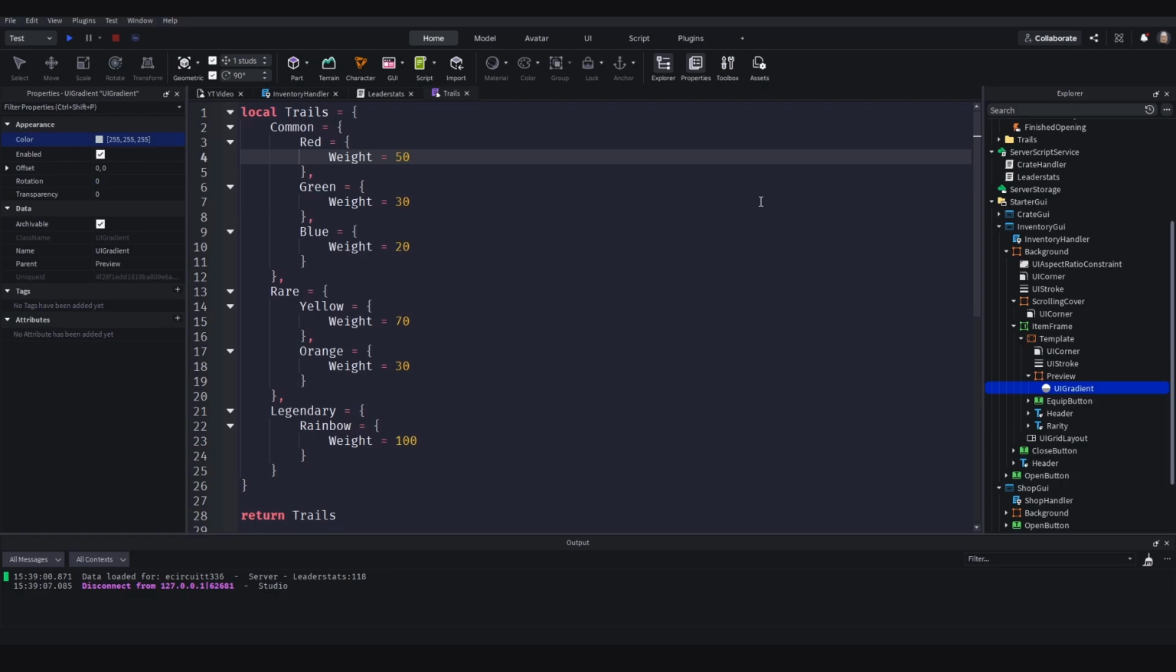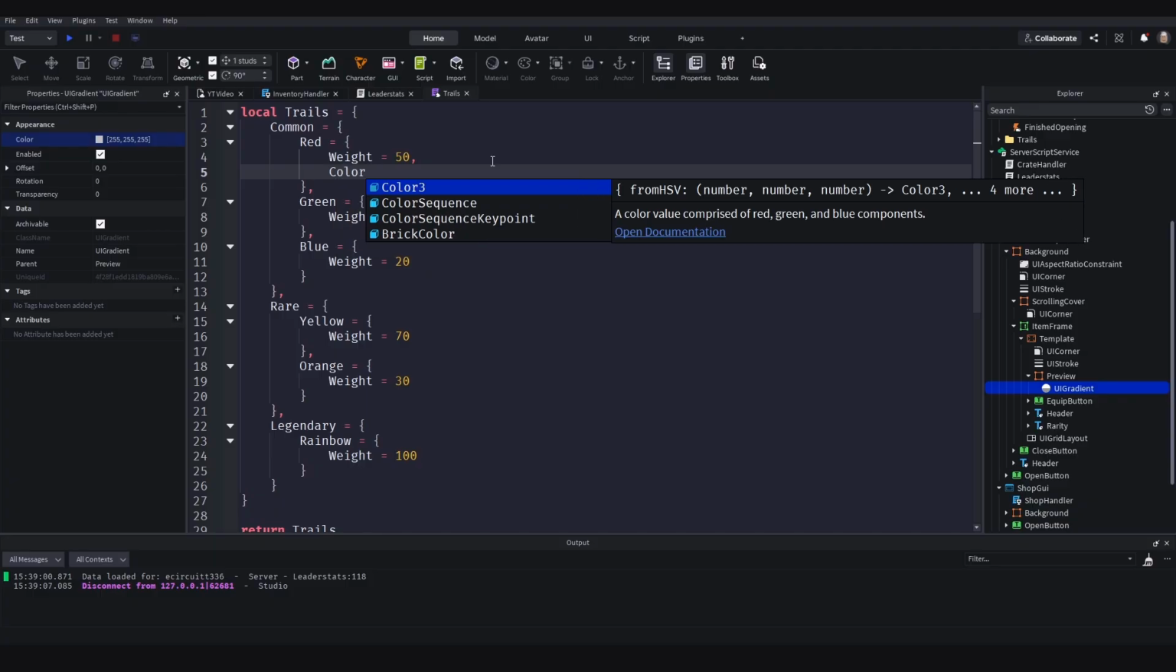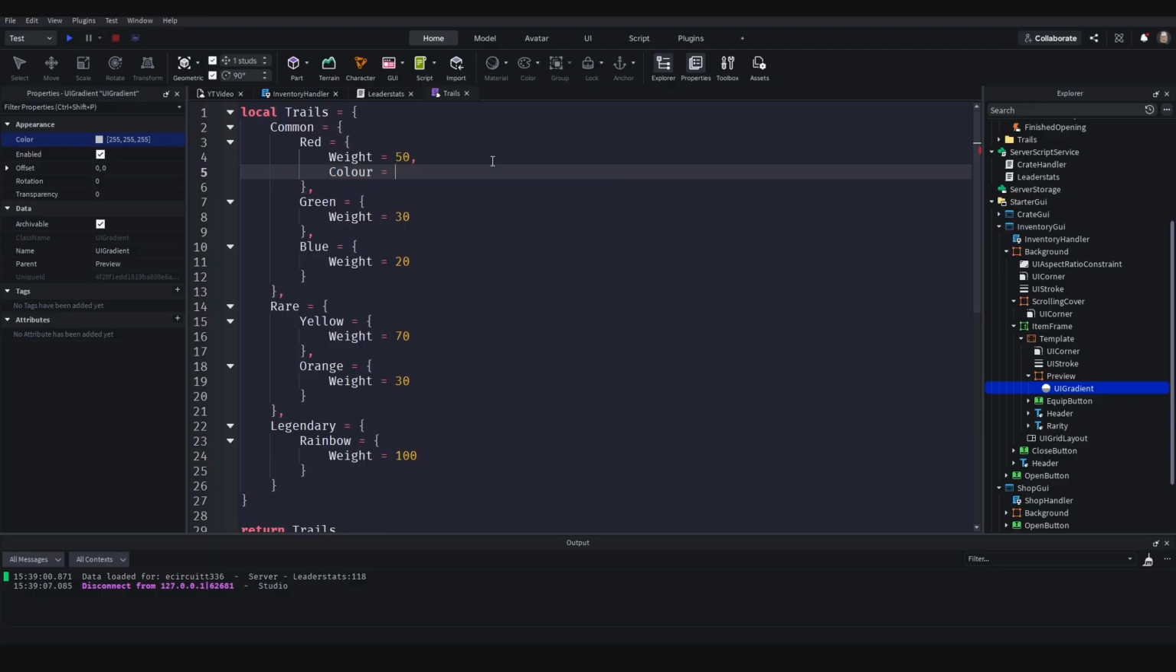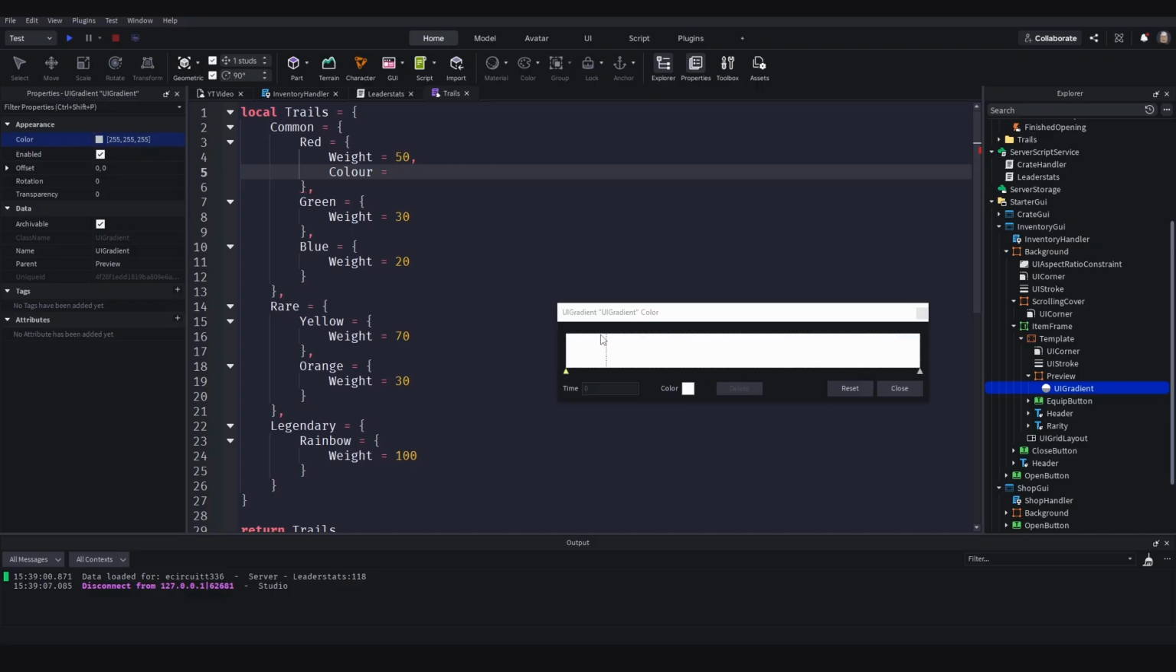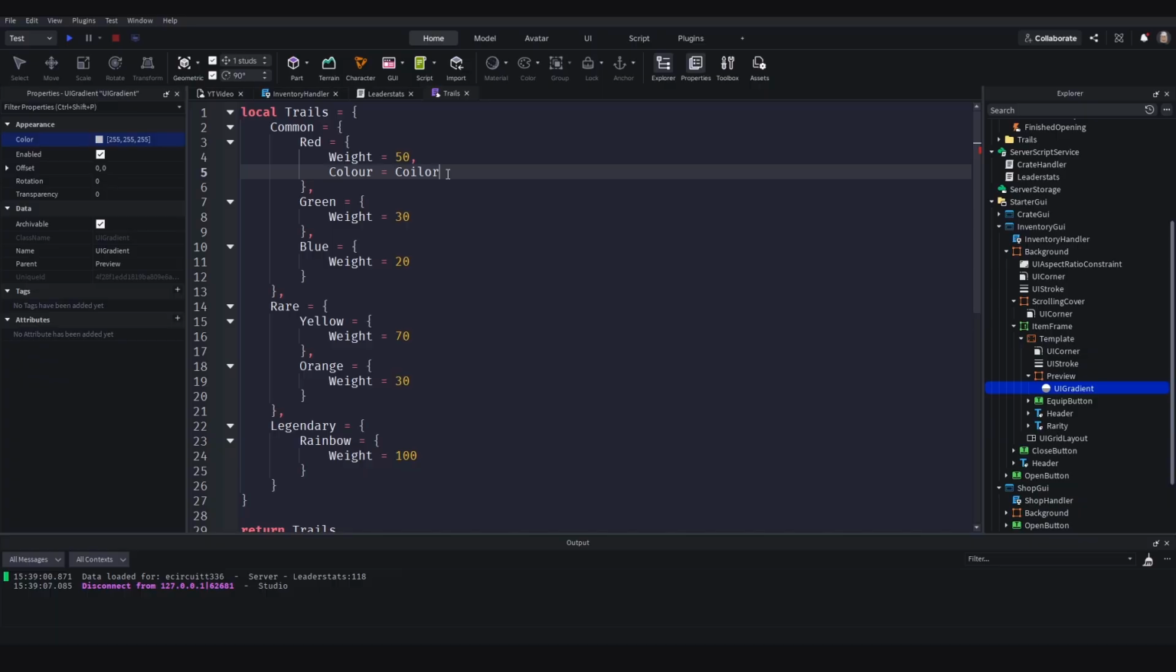So inside of our trails module, each trail is going to have a color. So for our red, let's assign a color key, and that will be equal to, and it has to be a color sequence. We cannot use Color3. It's got to be a color sequence, even if it's going to be a solid color. Just for reference, a color sequence is this here. So if you've got multiple colors on here, this is a color sequence. ColorSequence